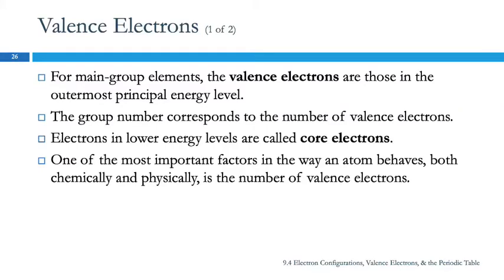Okay, valence electrons. There are valence electrons and there are core electrons. The valence electrons are in the outermost principal energy level. In terms of the hotel, these are the ones on the highest floor that has any electrons on it. So if there's electrons on the 3rd floor and there's no electrons on the 4th floor, then 3rd floor electrons